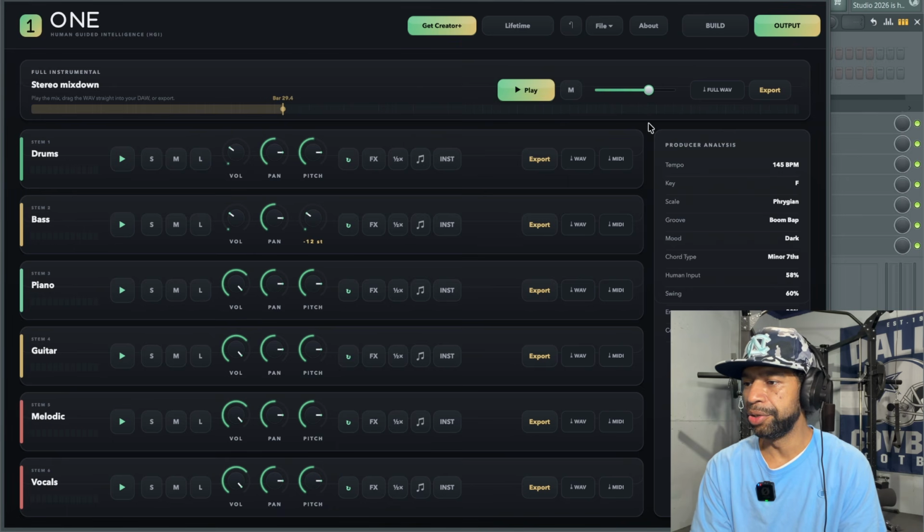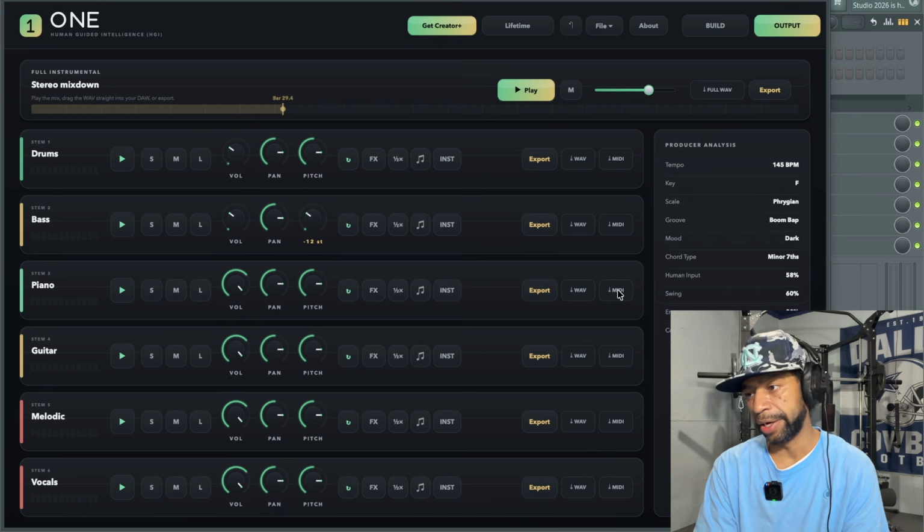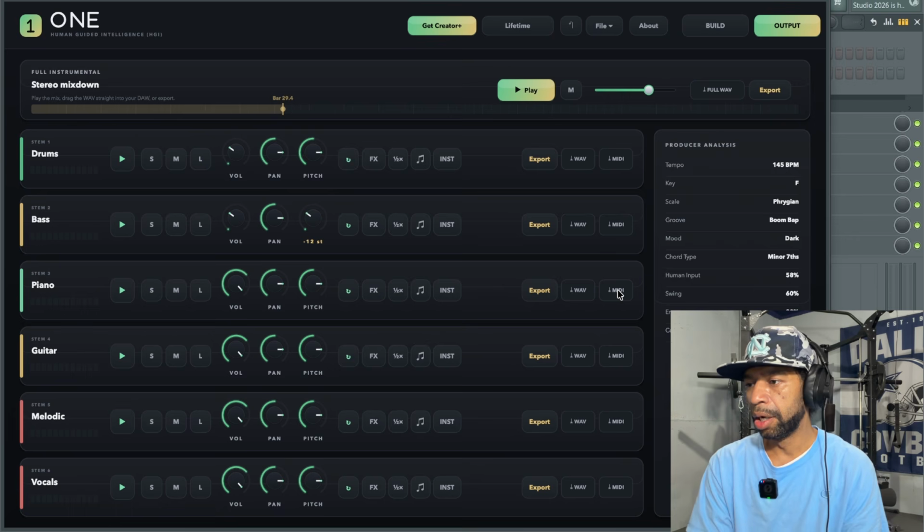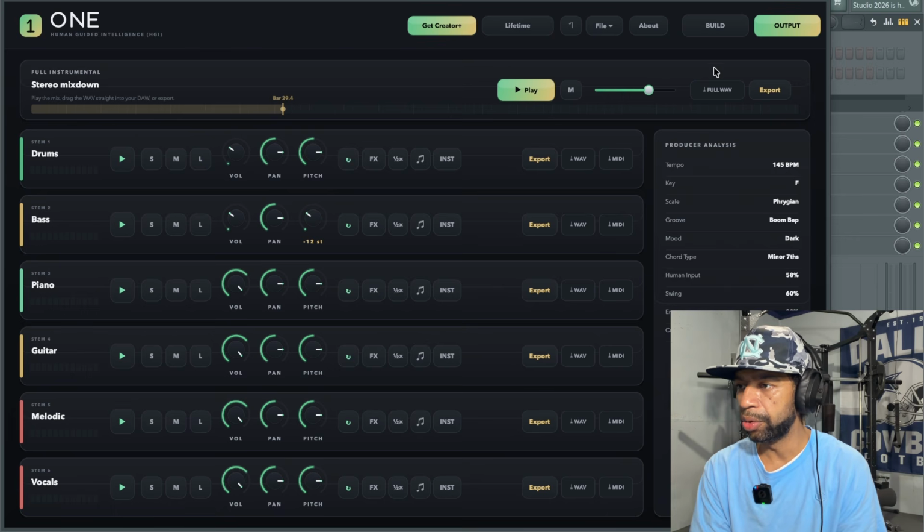And then it's easy to use, because all you have to do is pull down each individual wave here. You can pull down each individual MIDI, which is fire. Being able to pull the MIDI down and get in the MIDI, whatever is playing, that's fire, of each of the stems, you know. Or you can just pull down the whole entire file.